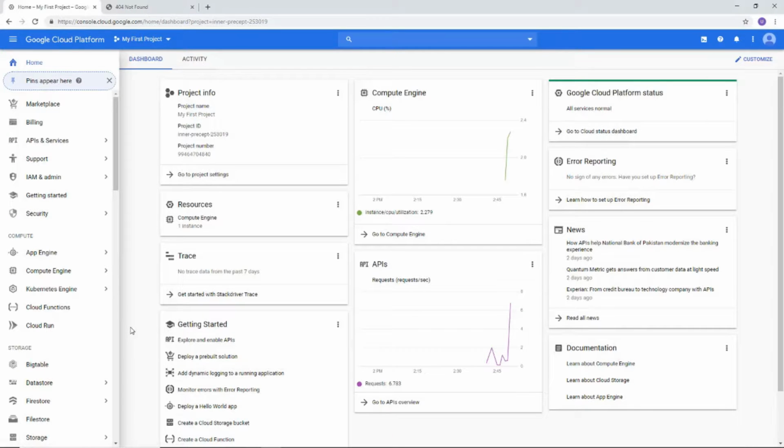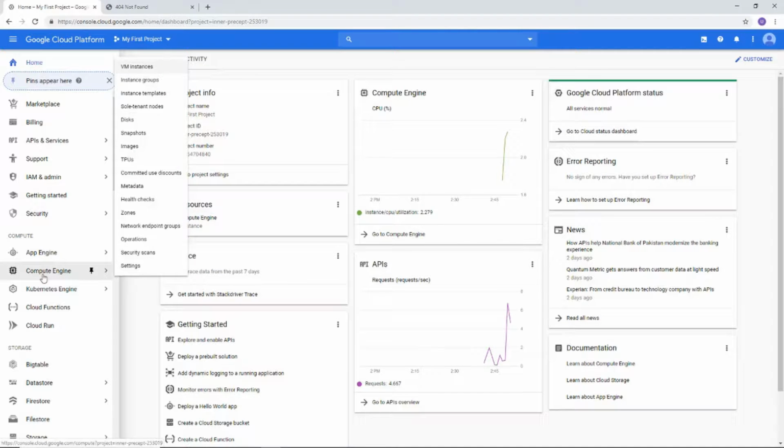Alright, so once you've got that information filled out, you're going to be presented with the Google Cloud Platform dashboard. This is where we're going to create our virtual machine, which is a server that runs on one of Google's servers inside their network, so you don't have to worry about running it yourself. You don't have to worry about uptime and that kind of thing. That's Google's problem. So we'll go down here to Compute Engine and then go to VM Instances right here,